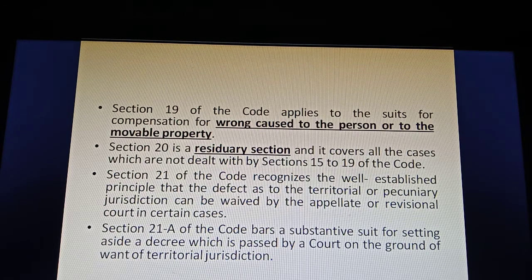That means to say, if any particular civil suit is not covered by the provisions of section number 15 to 19 of the code, then that case can be filed with the assistance of section number 20 of CPC, which is the residuary section. Section number 21 is also very important because it recognizes the well-established principle that the defect as to the territorial or pecuniary jurisdiction